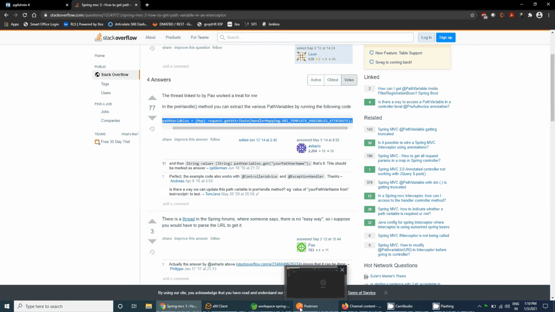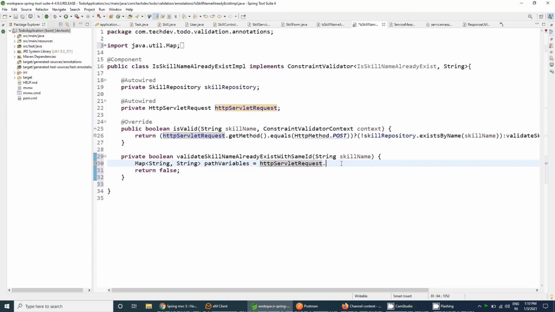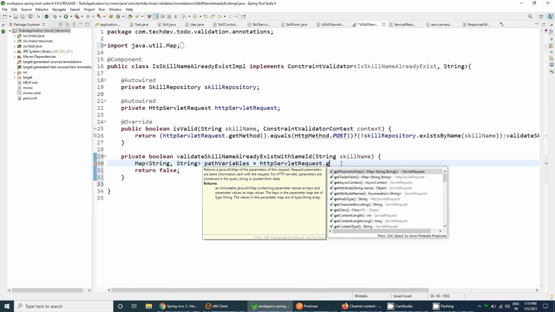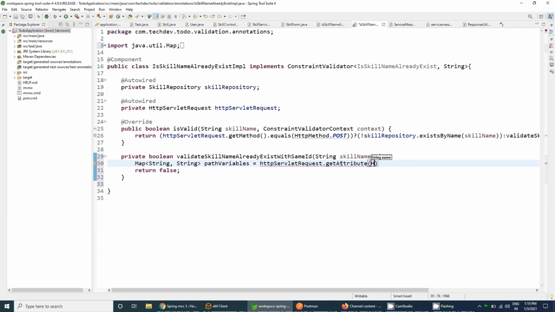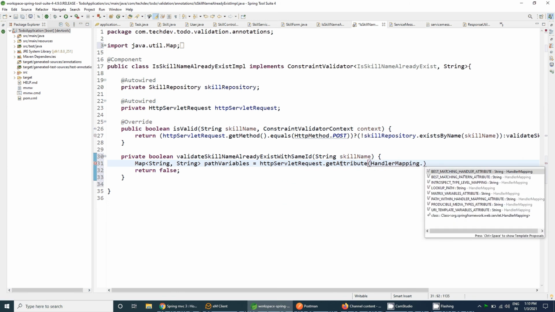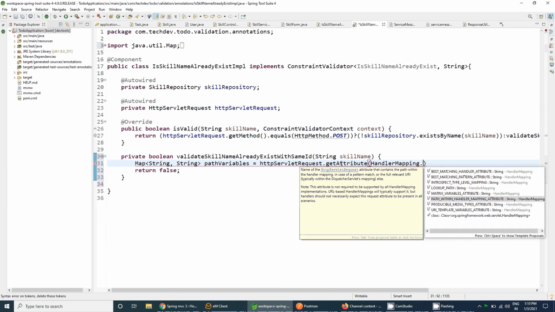So let's take get attribute and HandlerMapping dot URI template variables attribute.